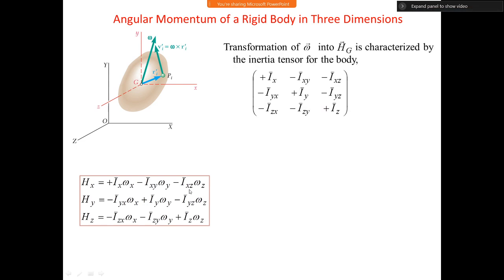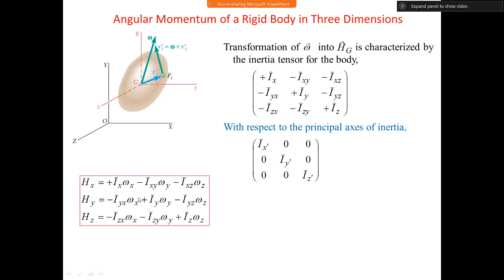Then in the last class we saw that the angular momentum and angular velocity of the body are two vectors. They can be in different directions, and they are connected by a transformation given by this inertia matrix. And this was that relation. We said H is equal to the I matrix times the omega vector.